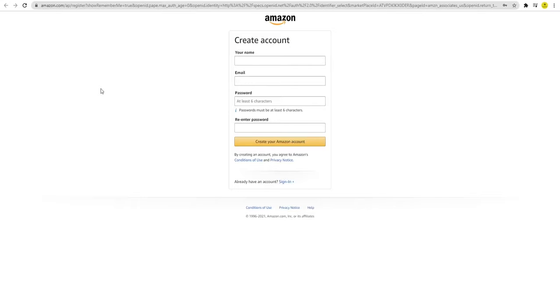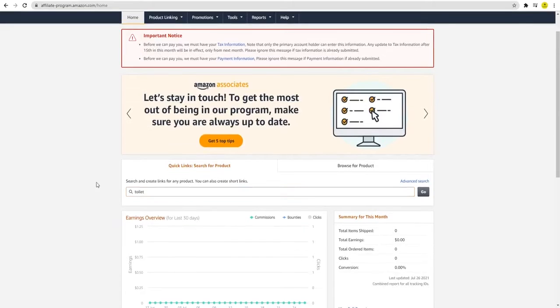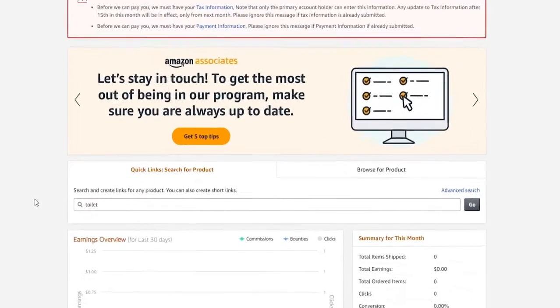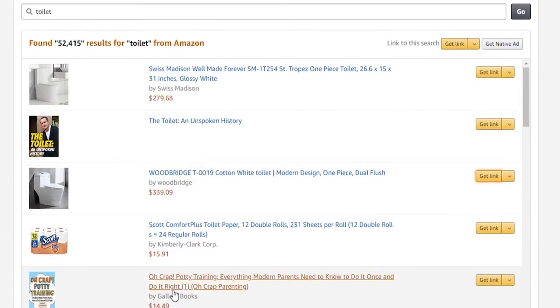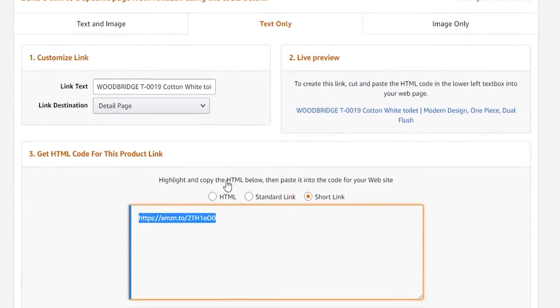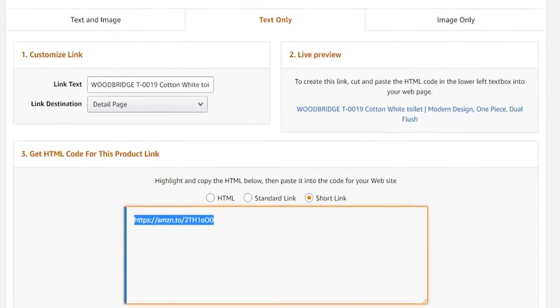Just write your address, city and all of this. You have done this before, and here you need to enter a website. However, you can also use your Instagram and your YouTube links. Now you're on the inside of Amazon Associates, and you can basically search for any item here, like for instance toilet, and then you can promote this toilet for 1,000 dollars. All you need to do is click on get link, click on text only, and here you can click on short link, and here you have your Amazon affiliate link. If anyone goes through this link and buys the product with this link, you can make money.